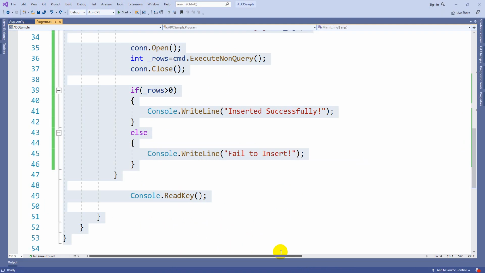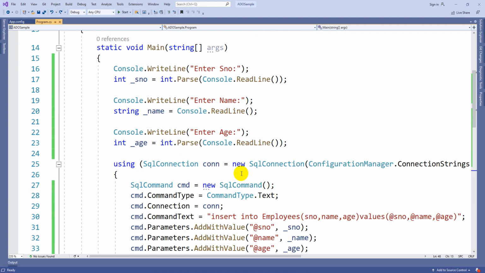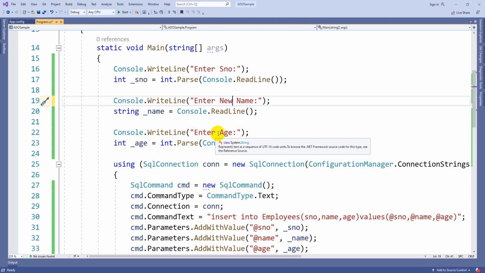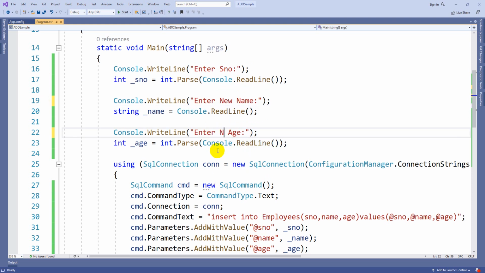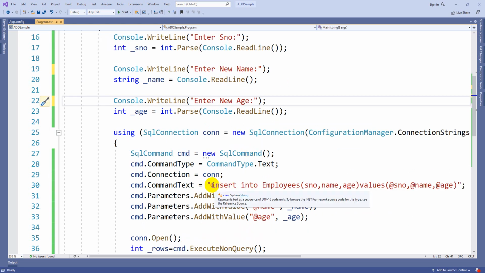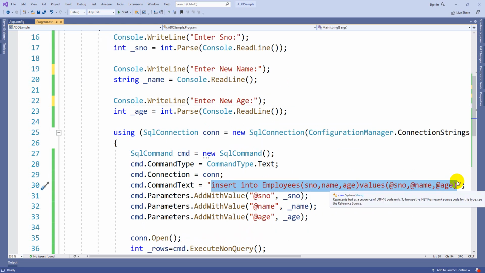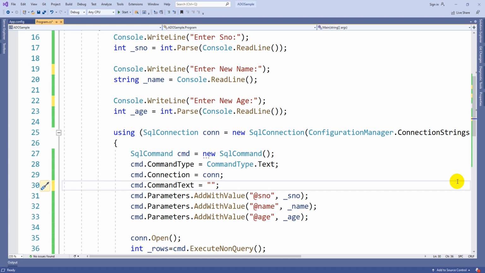Now the second one, how to update the data. Okay, so serial number will be there as it is. Enter new name, because already some name will be there that I am going to update. Enter new age, the age is going to be updated. So here the query will get modified. What is the syntax to update the table?